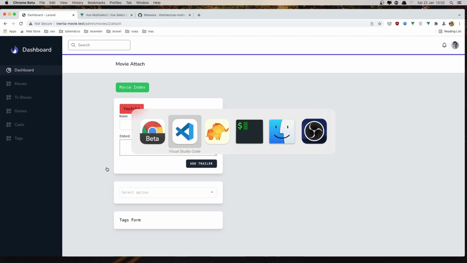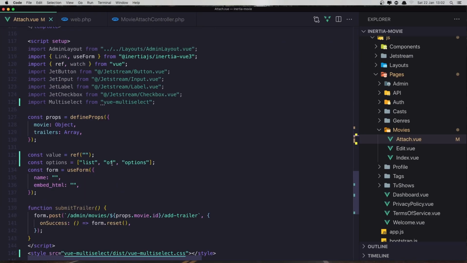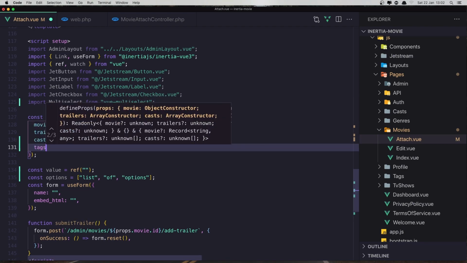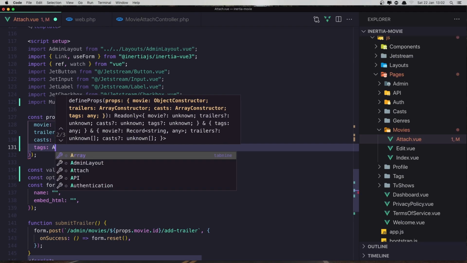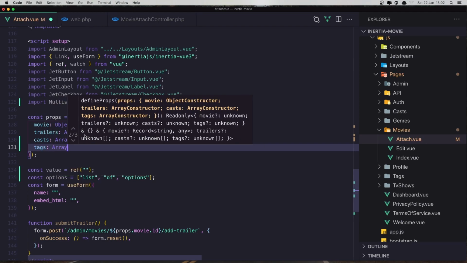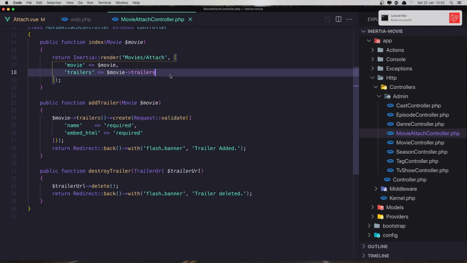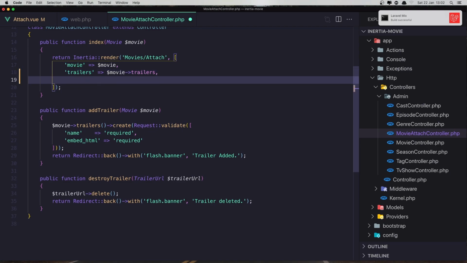So for that we need to get casts as props. So I'm going to say casts, and it's going to be an array, and also I'm going to add the tags right now, also array. Save, go now to the movie attack controller, and in the index when we add movie and trailers, also add